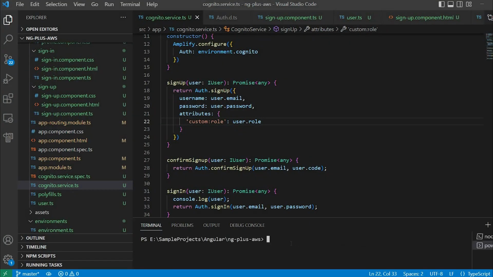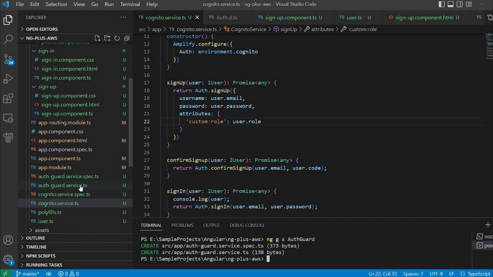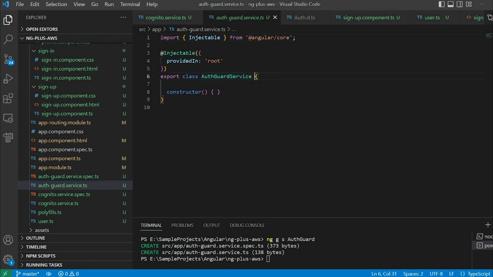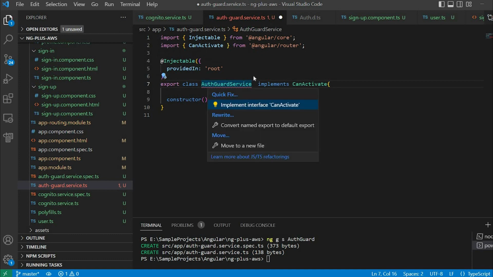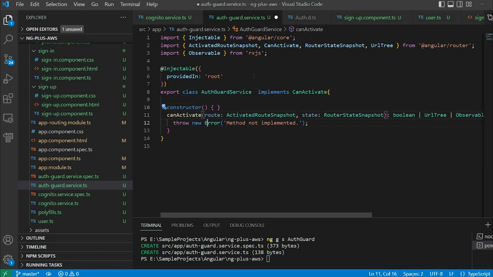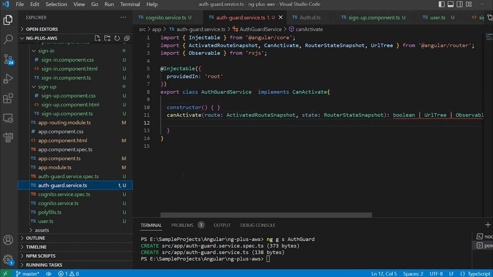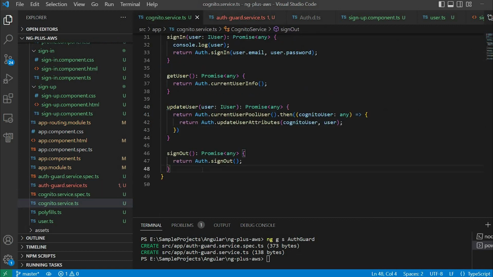So we will create our auth guard, ng g guard auth. Yeah, auth guard created, and here we will implement canActivate interface, and this has a method canActivate. Before moving forward, we need to create a method in Cognito service to get the current user's role. So we'll create a method getRole, promise,